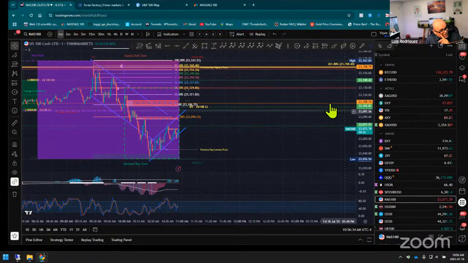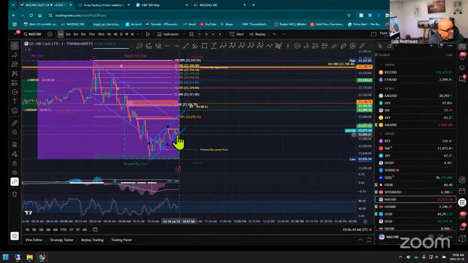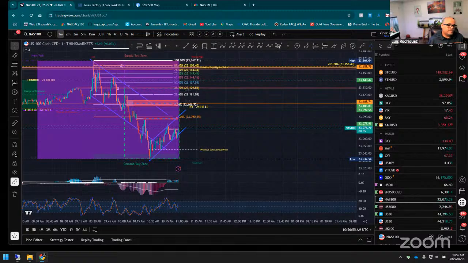Buy this one. I did a buy from here to that. I did a buy here. I said it was going down, as I said before. I'm looking at the 20-second time frame. I said it was going to come down to grab liquidity at the bottom here and then push the market back up. That's what I was looking at in the 20-second time frame. So I bought here, got out there. Grab all those points.